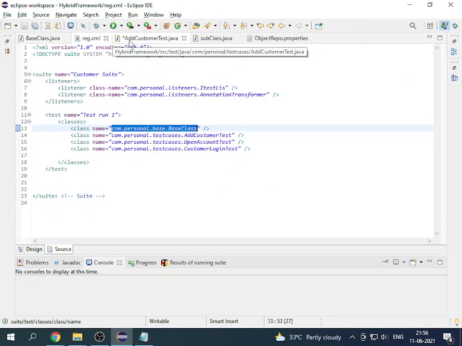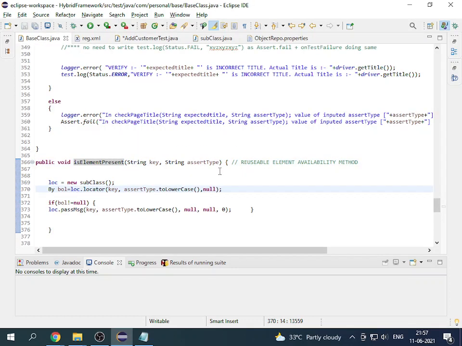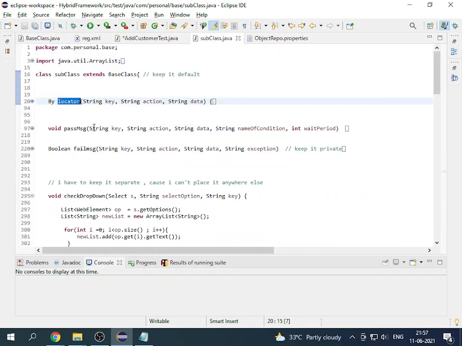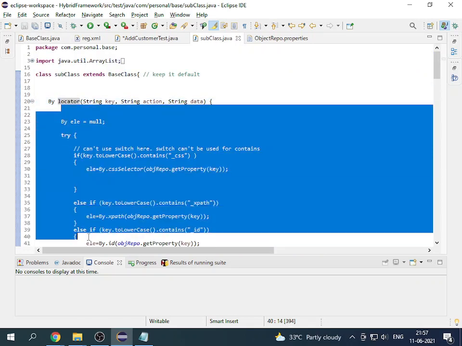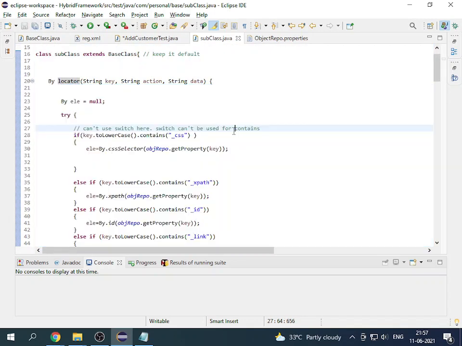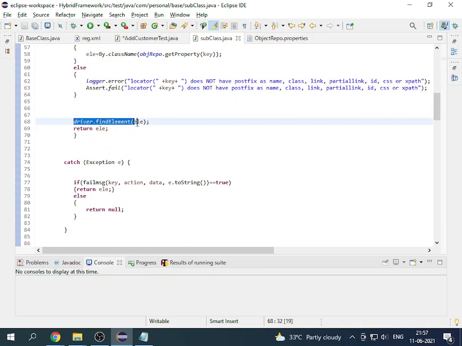This is element present. Again, is element present I have used like this. In this scenario I have delegated some of the code in the subclass. First of all, it is just going to check whether it is available or not. We have talked about this one. For is element present I am not using any of the conditions. I'm just writing like this. I'm creating a reference variable of the By class, and then I'm using type.find.element, because if this fails, obviously we will get to know that the element was not present on the page.